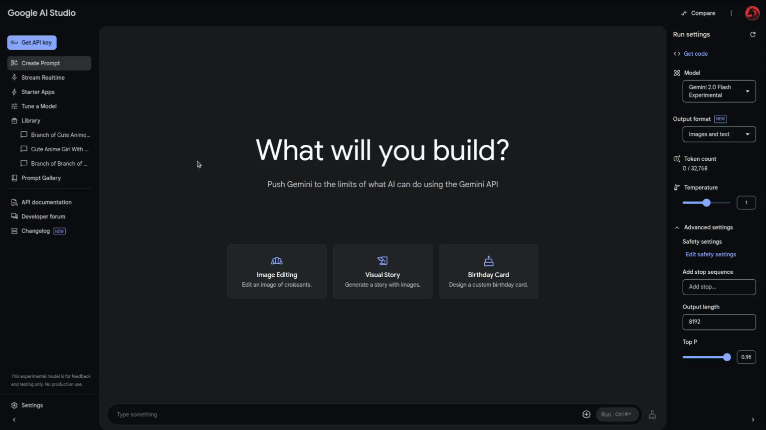Guys, so images and text output format became available for Gemini 2 Flash, which not only means that you can prompt for images, but you can get replies that are a mix of text and images, but also you can customize these images yourself. So we can ask Gemini to give me instructions how to make a cake with